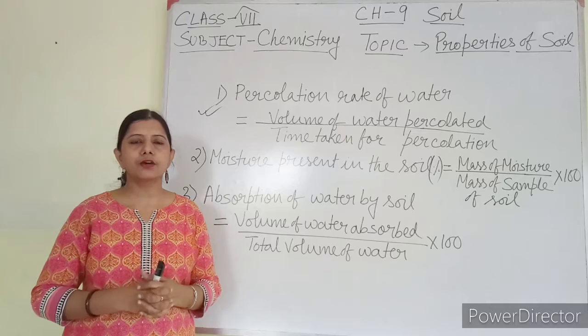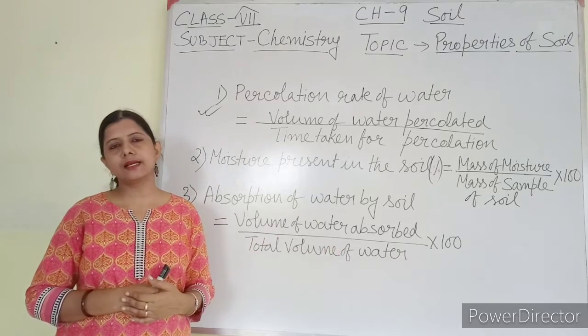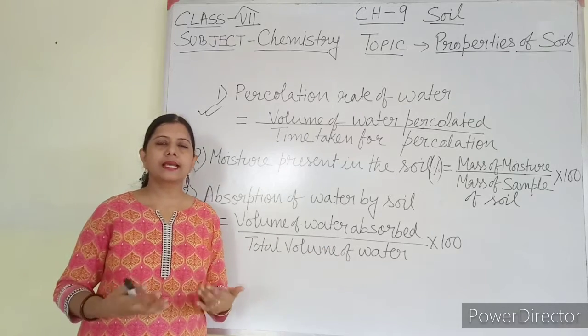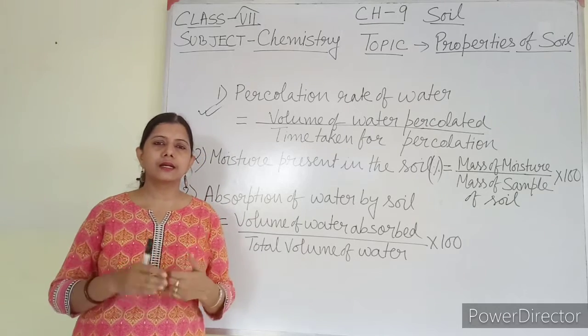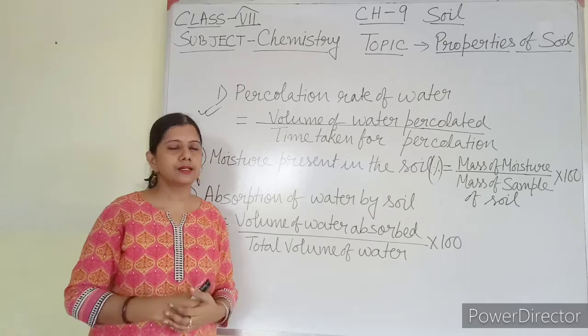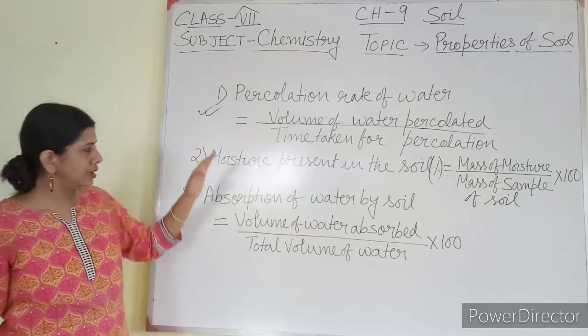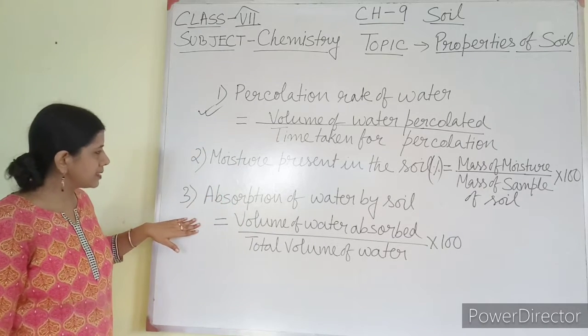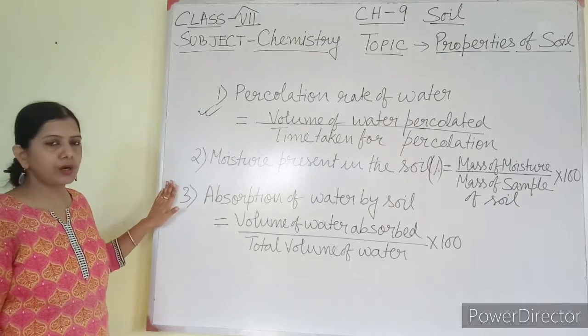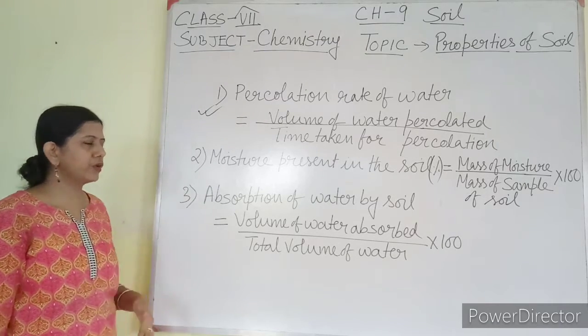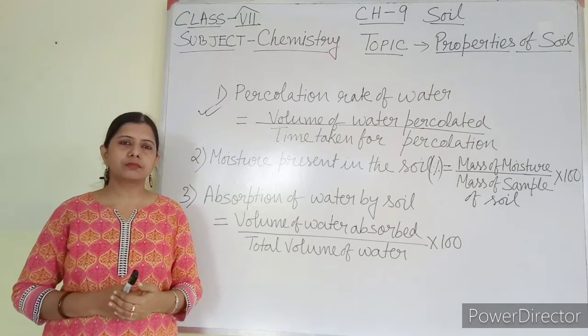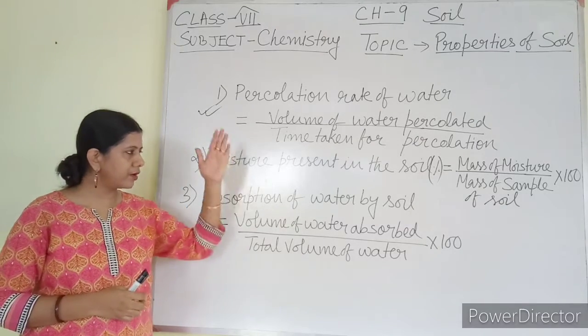can compare different kinds of soils if this kind of data is available to me, or I can even do the experiment on my own to get different kinds of data and I can share it with someone else. So this is all about the mathematical calculation for the properties of the soil. These are the three ways by which I can compare the properties of the soil by doing this kind of mathematics.